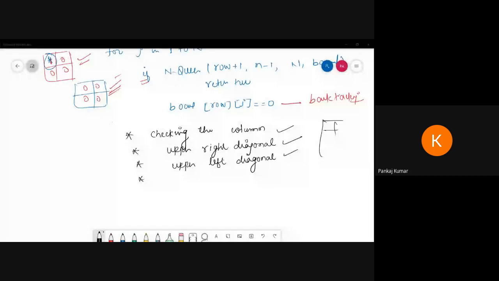So before writing the NQ problem, first go for matrix multiplication, matrix movement, whatever you can: how can we perform the addition and multiplication, how can we frame the table. Then this NQ problem is very easy to understand. That's why in the starting of BTech we teach you matrix multiplication, table making, addition, subtraction. These things are interlinked to each other. Therefore, if matrix multiplication is not known, it is very difficult to understand and write the NQ problem. So you can try this code by yourself, if possible.